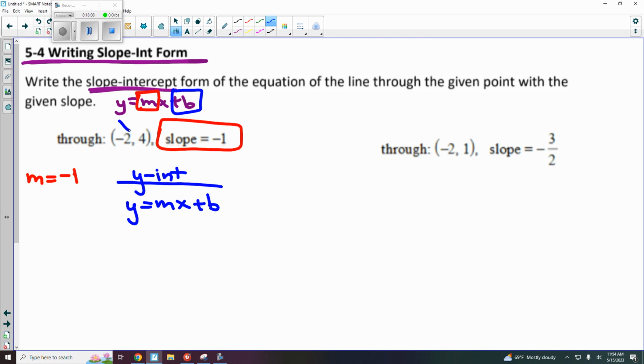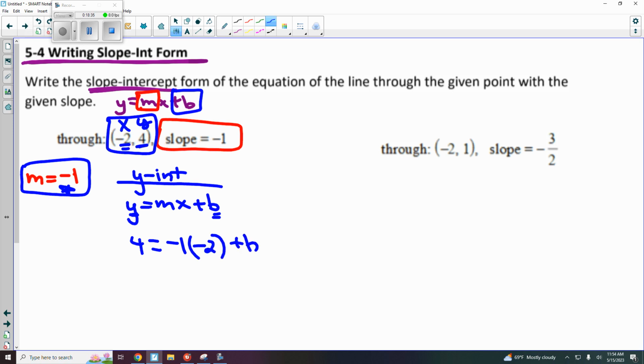We're going to use our ordered pair it gives us, x and y. So every ordered pair has an x and a y in it, and then we know m is negative 1. So we're going to plug all of this information into our formula and then solve for b. So y is 4, so y turns into 4 equals m is negative 1, so m becomes negative 1. They're side by side, so they're being multiplied, so negative 1 times x is negative 2,